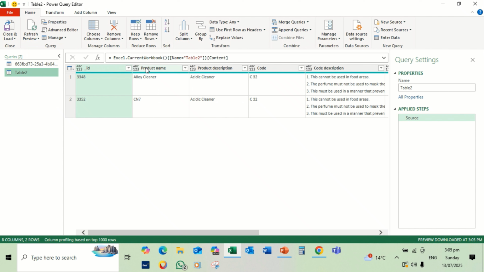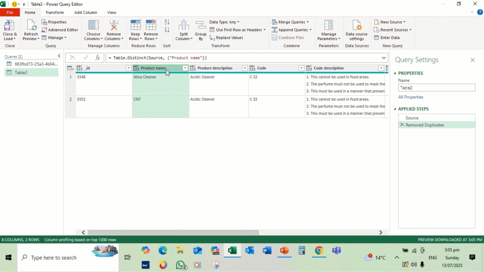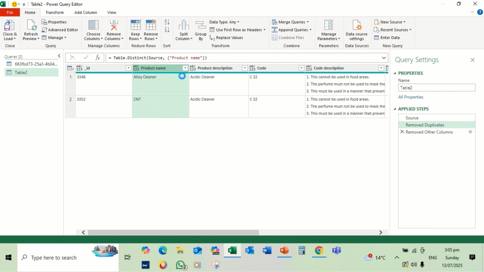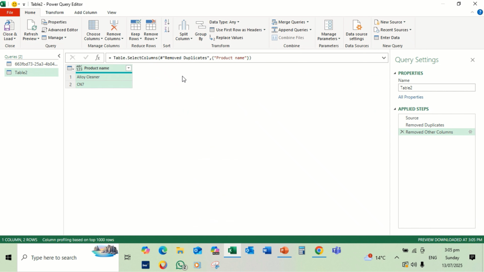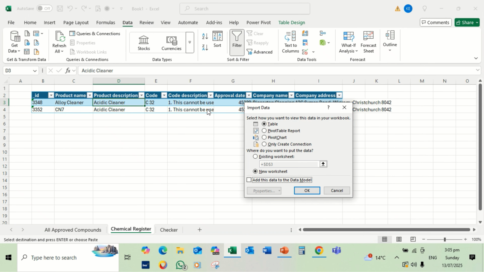Now we are interested only in this column. We are not interested in the other one. So we select this one. Make sure you select remove duplicates. Once you did that, then you remove the other column because we need only this column. Now close and download, and table